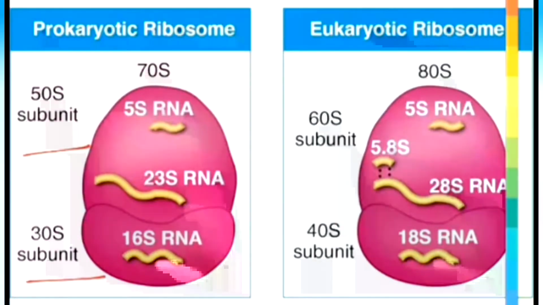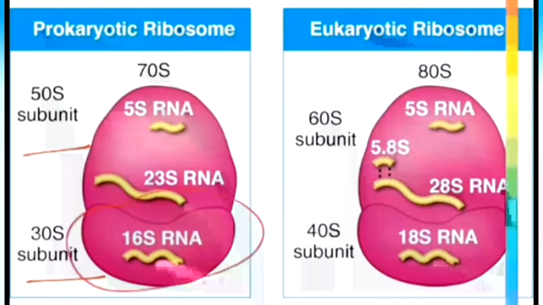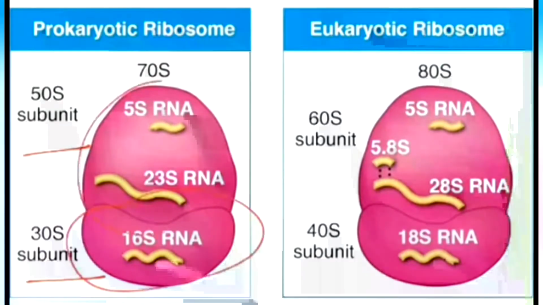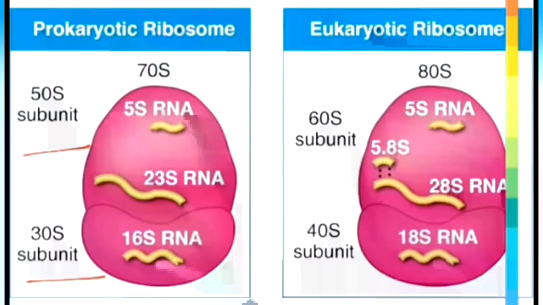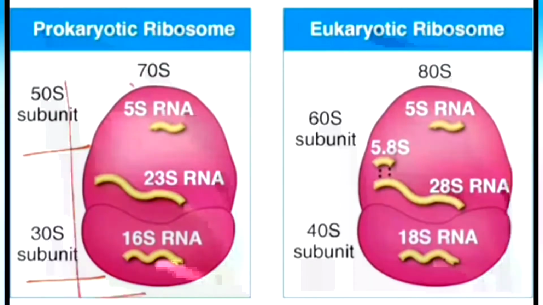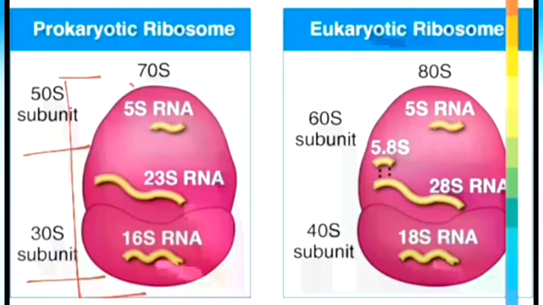You can see the smaller unit is a bit within the larger unit. As you can see in this picture, in the book also you have a picture similar to this. So a part of the smaller unit is located within the larger unit, and about 10 units of the smaller subunit are getting lost. So from the outside we are getting 70S and not 80S.